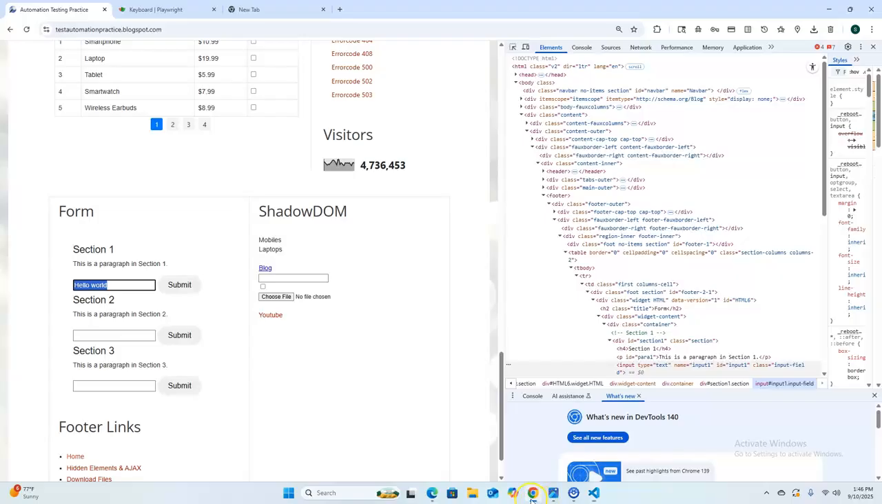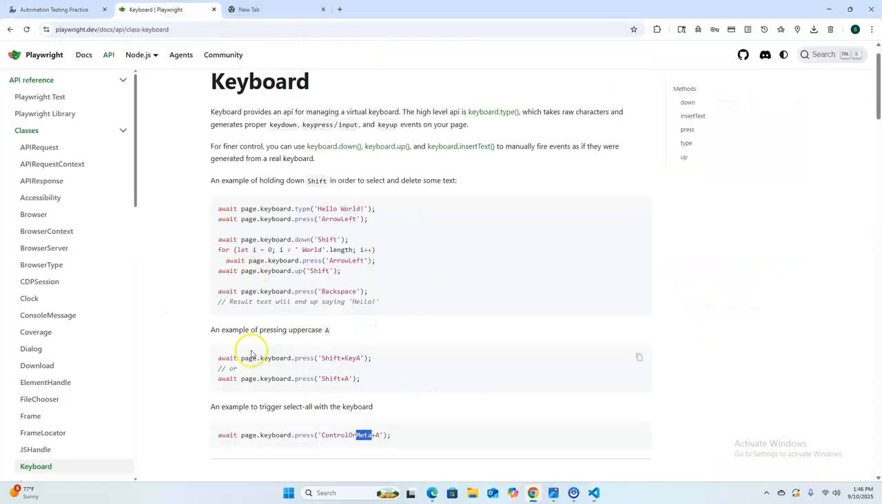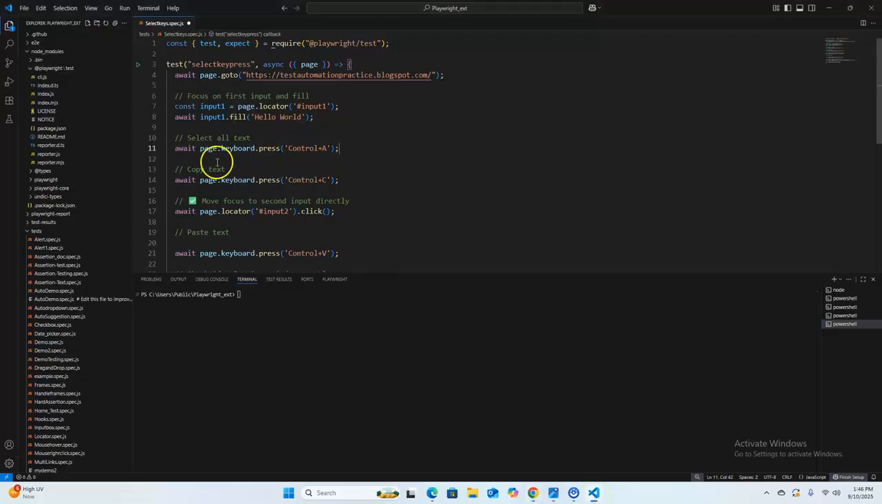In the document I have already shown you, you can see here page.keyboard.press Control or Meta plus A. If you are using Windows, you will use Control plus A. If you are using Mac, you can use Meta plus A. I am using Windows, so that's why I am writing Control plus A here. With the help of Control plus A, we will select the data, and